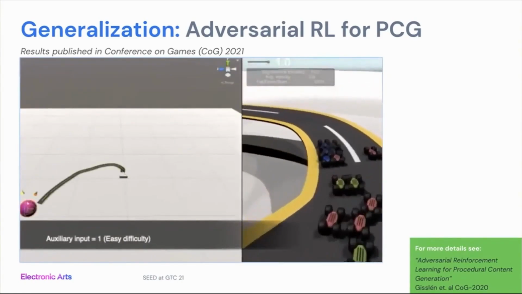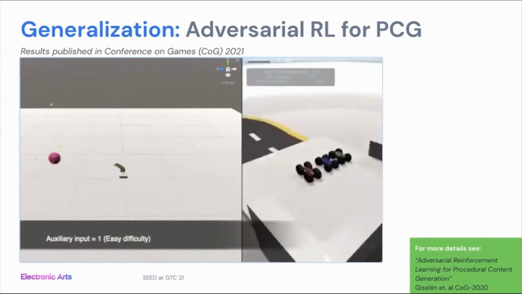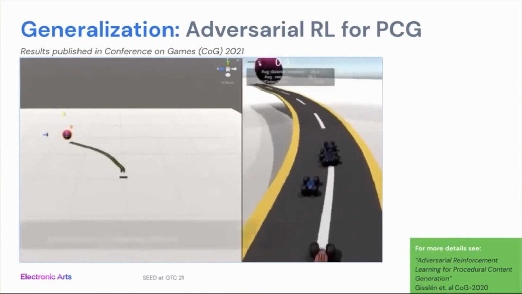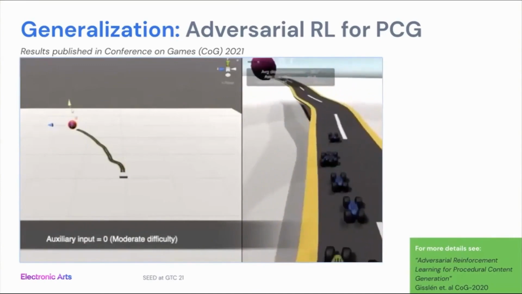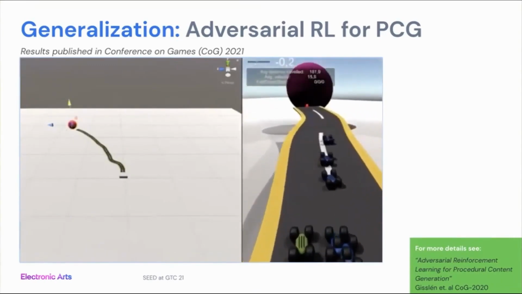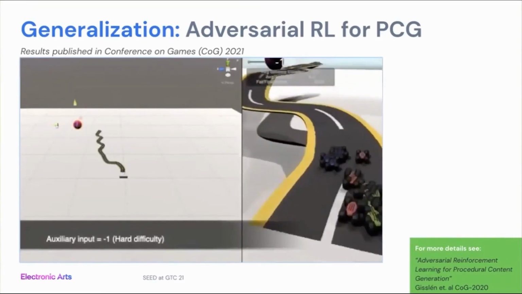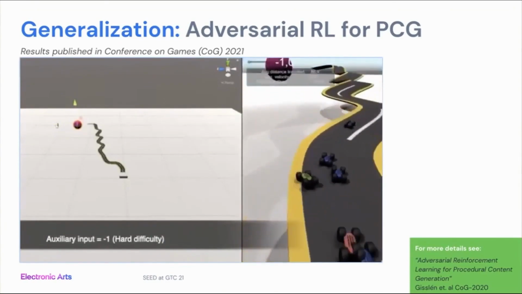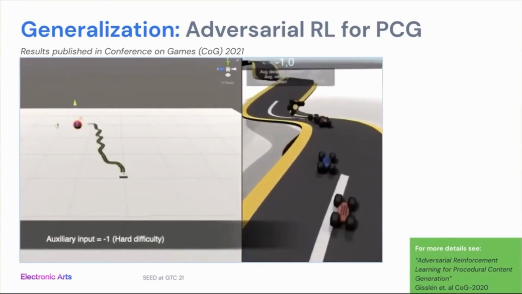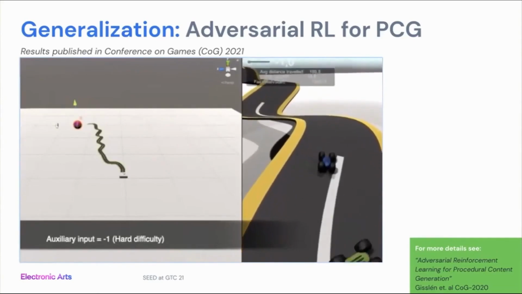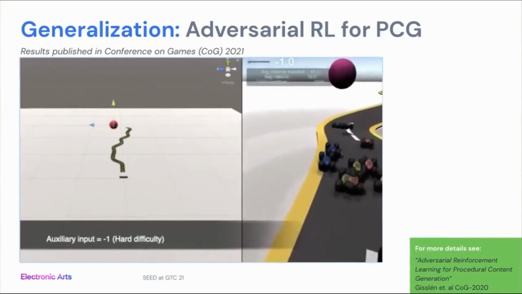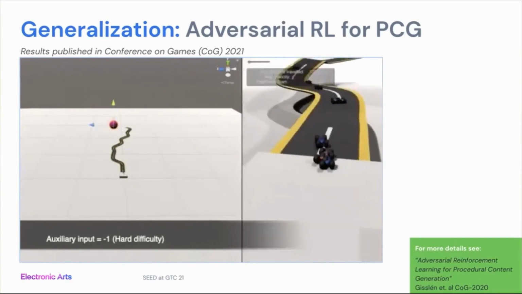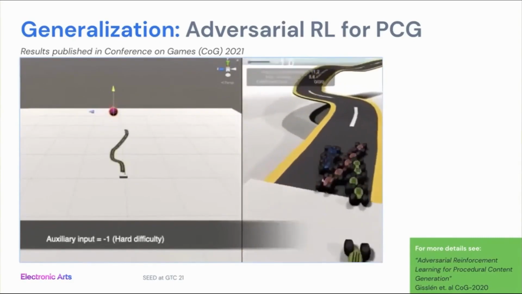We can do something similar, but using a driving game. The generator is making the road, and you can also see here different auxiliary inputs, where now it's supposed to make it the hardest. It makes a lot of turning, a lot of banking, so the solver drives off the road, but it also doesn't make it impossible, to encourage the solver to actually try and fail sometimes, so it gets its reward.